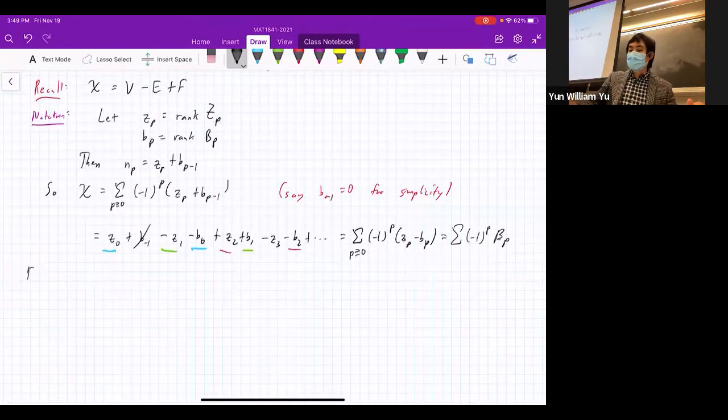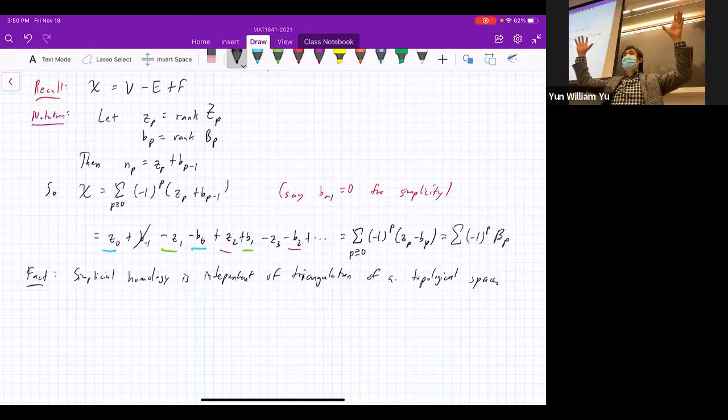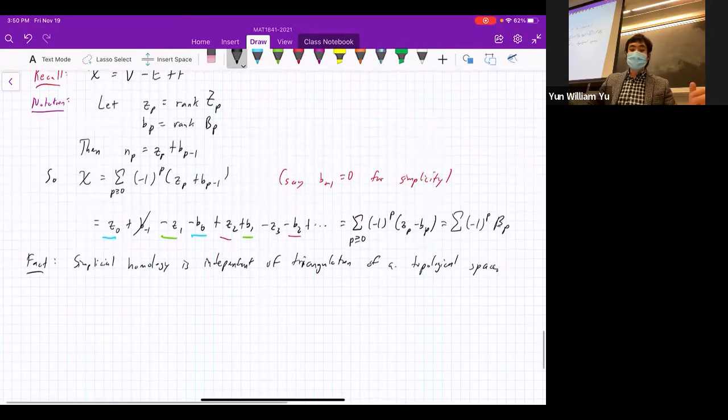And I'm going to write down a fact that I'm not going to prove. Simplicial homology is independent of triangulation of a topological space. It would take a little bit more work, but if you take a topology class, you might define something called a singular homology. That's really how a topological space can be morphed via some sort of deformation. And simplicial homology is equivalent to this singular homology. This is beyond the scope of this course, but basically it means that if you have some topological space and you triangulate it somehow, it doesn't actually matter what triangulation you pick, and you get the same simplicial homology,